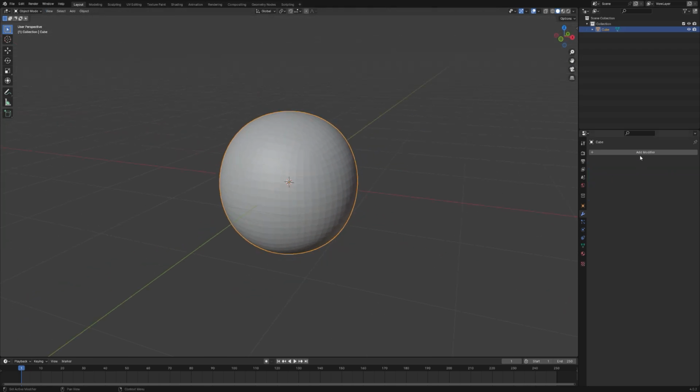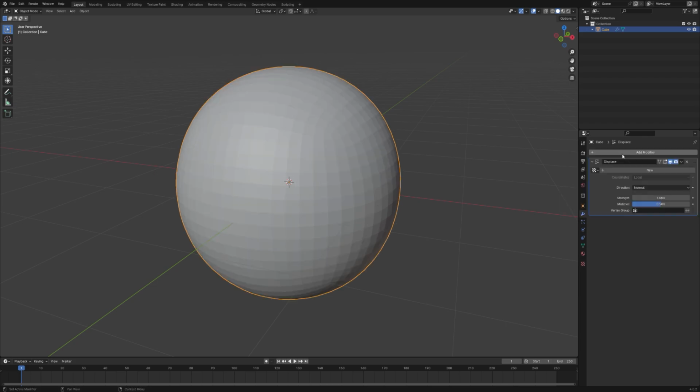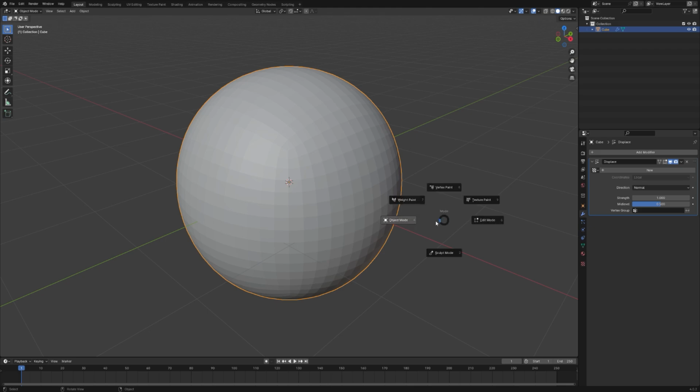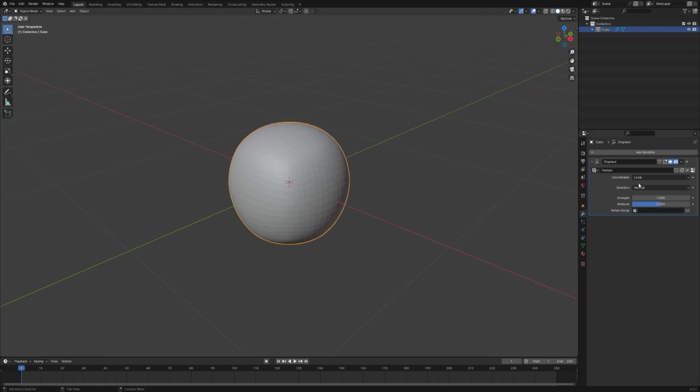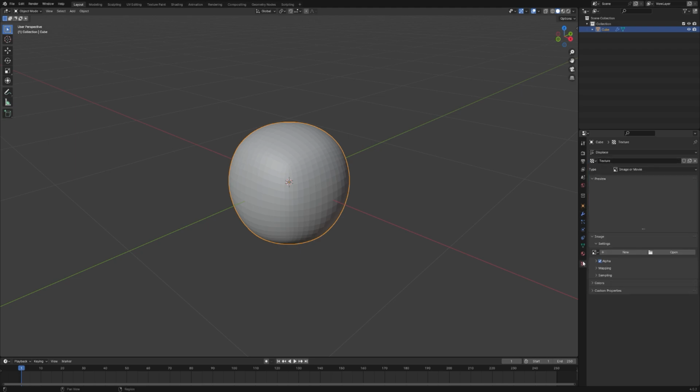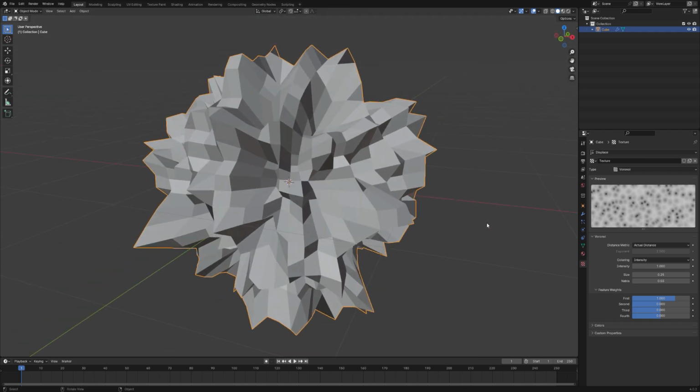Now that we have this, we are going to search up something called a displace node. All right, and with this displace node, what this is actually going to do is it's going to use a texture to change the shape of the cube, but in our texture we're going to use something called a Voronoi, which you can see it's going to shatter apart. It's using this texture here to kind of displace all the faces,